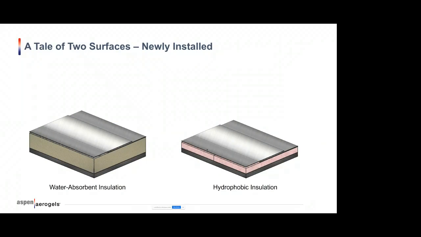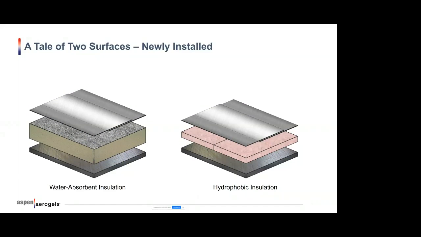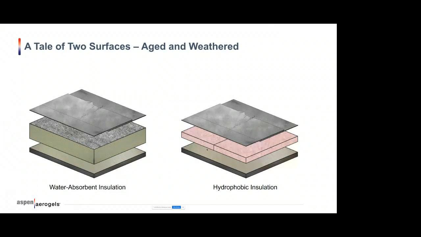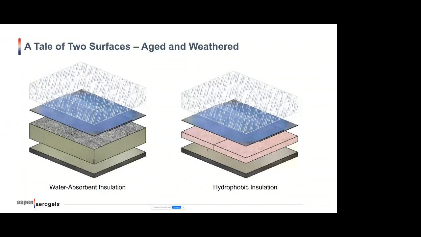If we look at two different surfaces here, one being a fibrous insulation like mineral wool, and the other being a Pyrogel-based insulation, the pink one here, you'll see what happens when a water event occurs. You have your cladding. I know everybody talks about trying to get people not to walk all over the cladding, but at most sites I've been to, you'll see plenty of instances of the cladding being damaged. This causes a point where water enters your system, and products like fibrous insulation will tend to absorb that